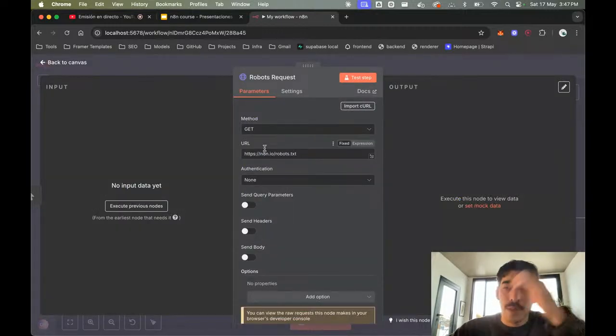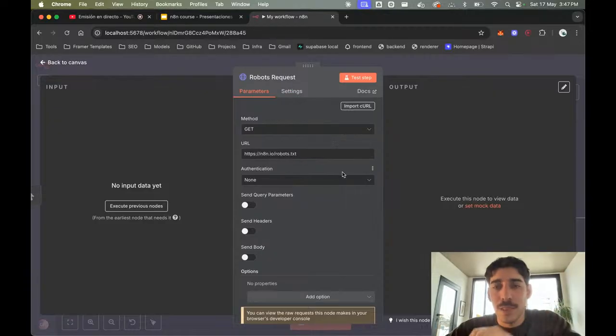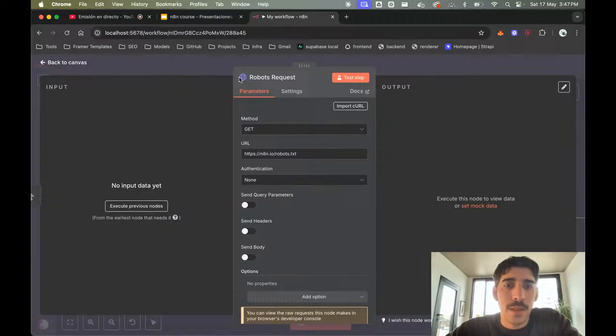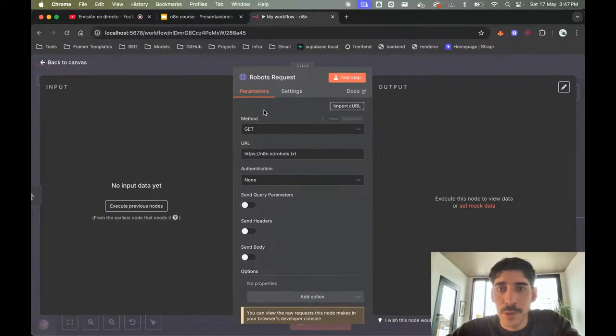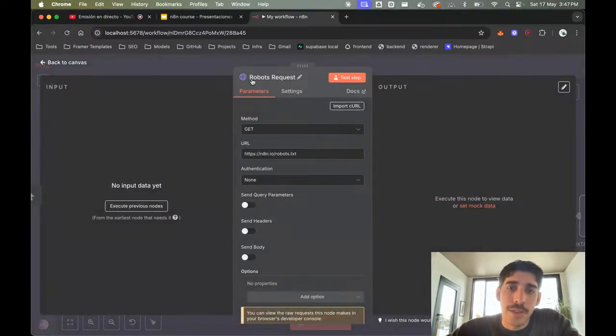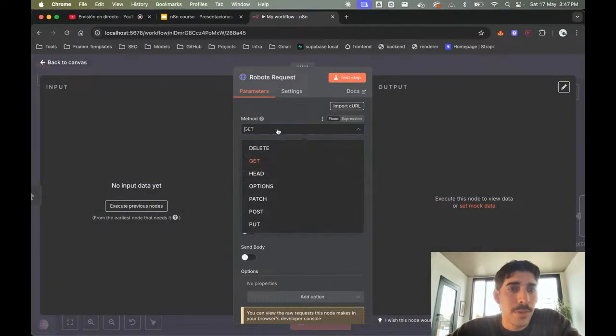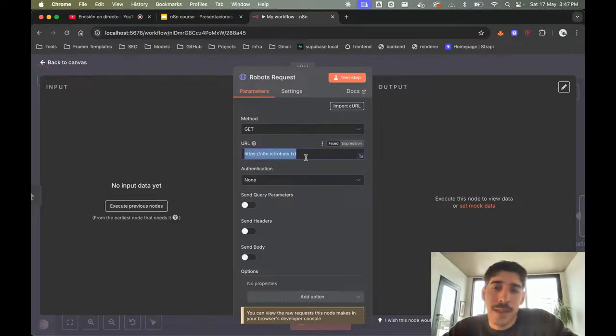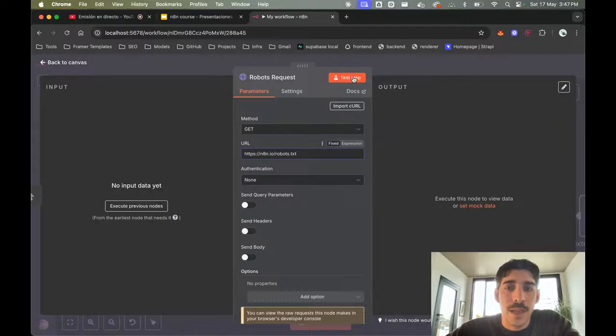When you open one in detail, your screen is split in 3 parts. You have on the right the output: what is this node going to produce? The input: what information are you passing to it? And some configuration. This node in particular is an HTTP node, which you can use to connect to websites, like for this one, n8n.io, trying to see if this file exists there. I can test this once.